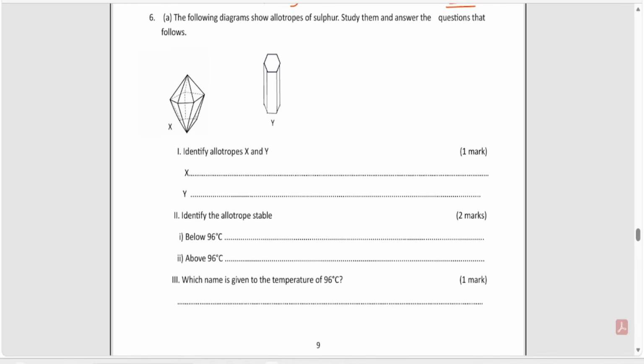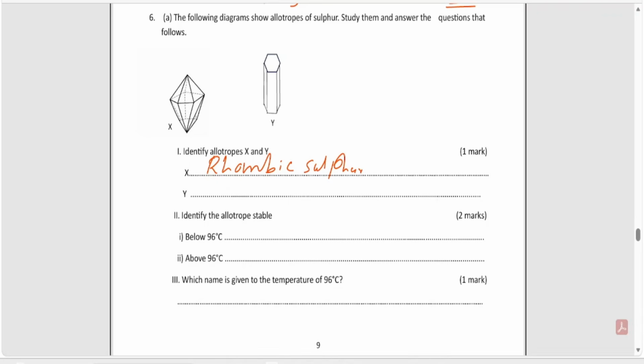Question number 6. The following diagrams show allotropes of sulfur. Study them and answer the questions that follow. Identify allotropes X and Y. We have two main allotropes of sulfur. We have rhombic sulfur and monoclinic sulfur. Rhombic sulfur looks like, as you can see, X. So X is the rhombic sulfur. This is the allotrope of sulfur,